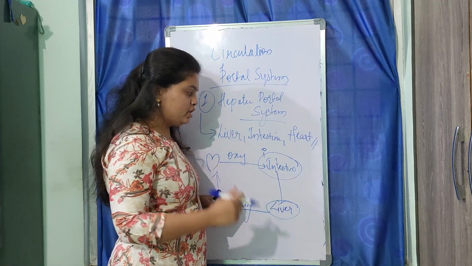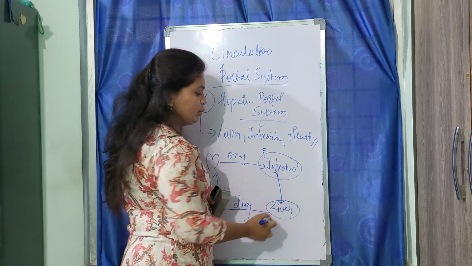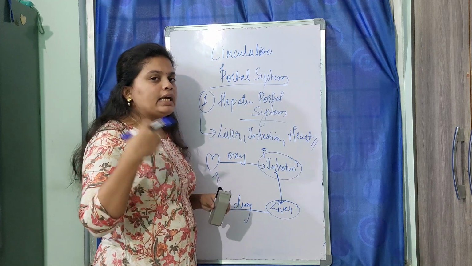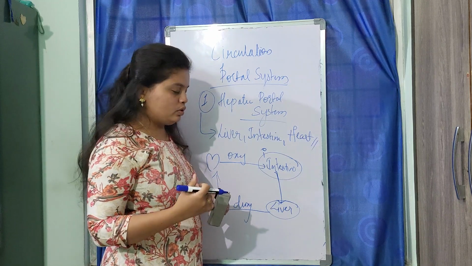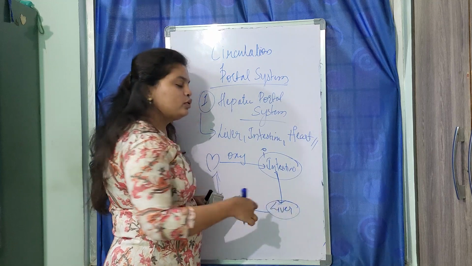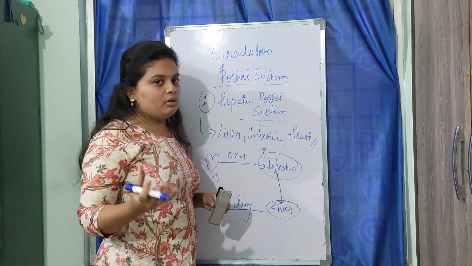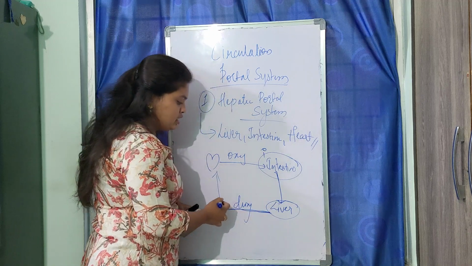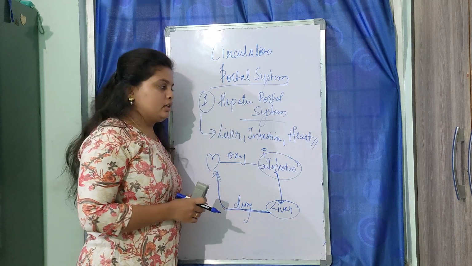but high in nutrients, is going to be sent to the liver, and the liver makes sure that the blood is not carrying any excess nutrients or any excess glucose. That excess amount of food is converted into a storage form of food, and after this happens, this blood is sent back to the heart. This is all